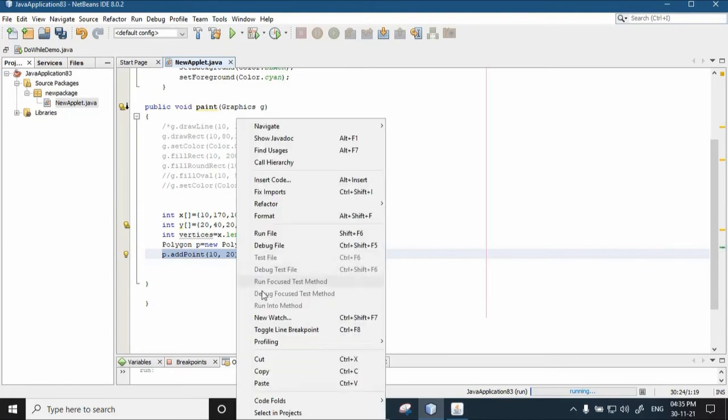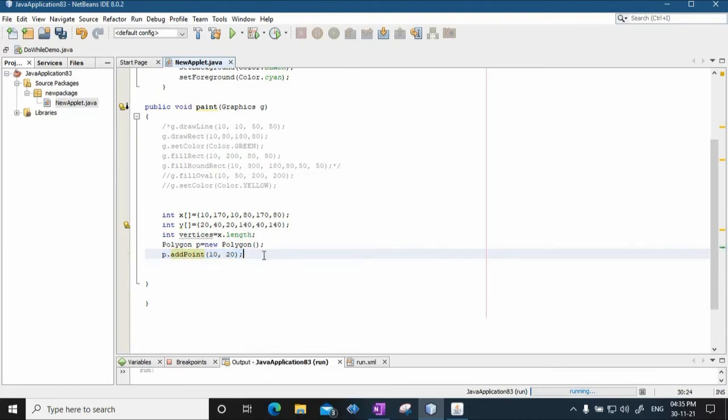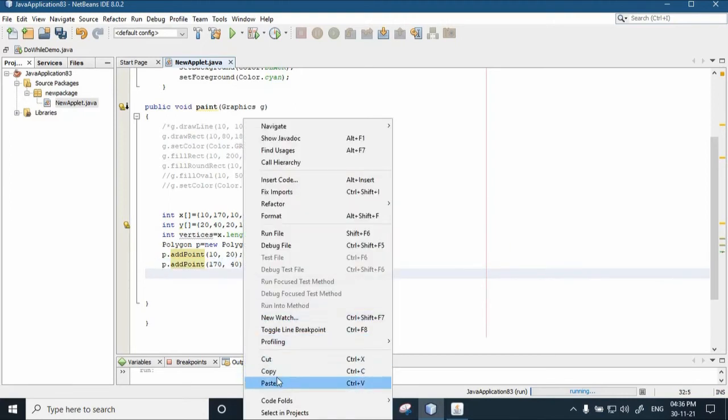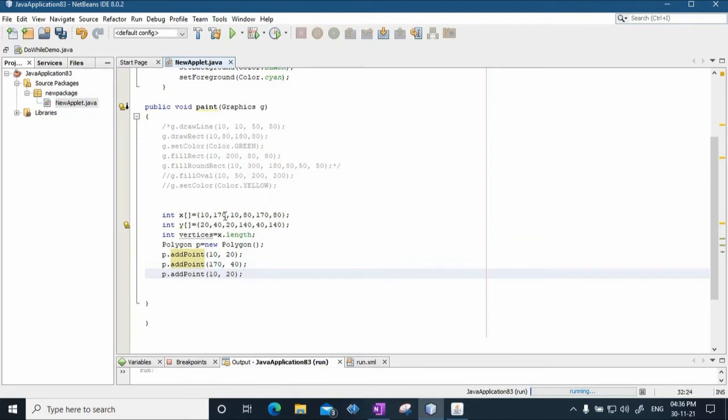The second point is 170, 40. Third point is 10, 20.